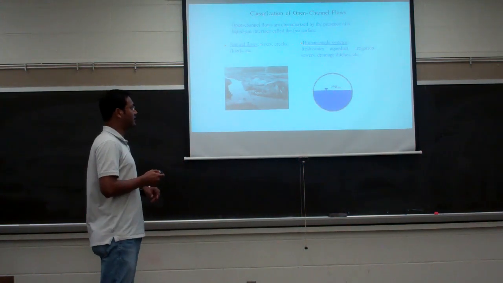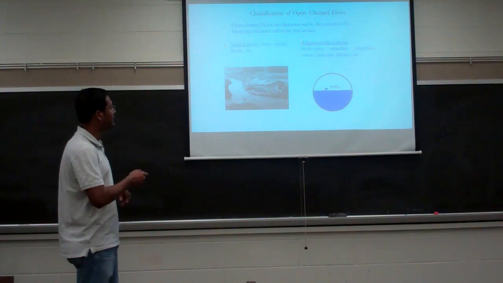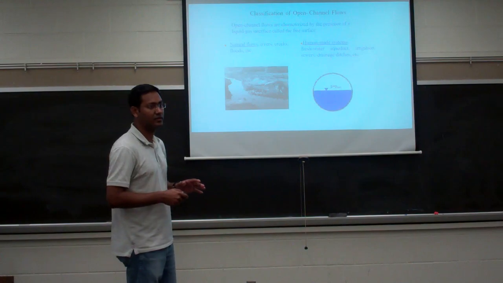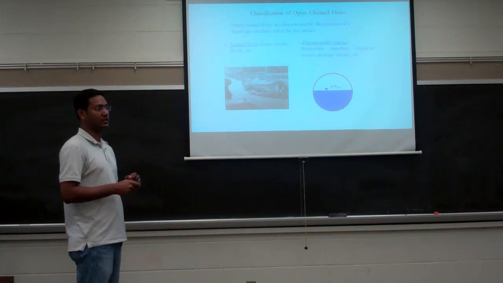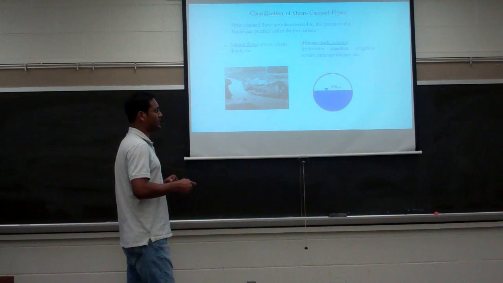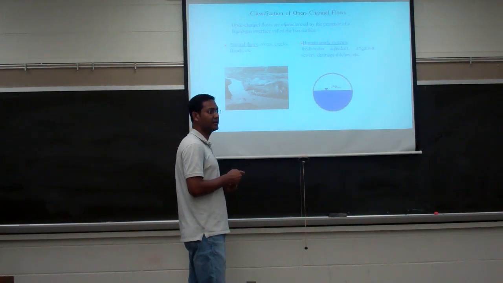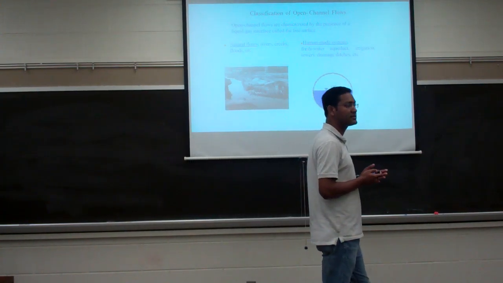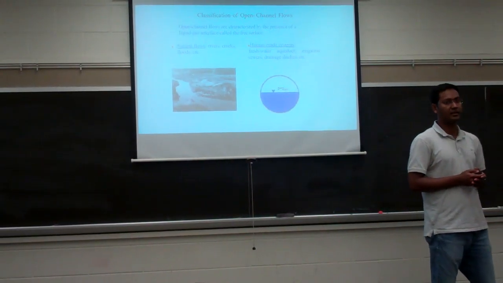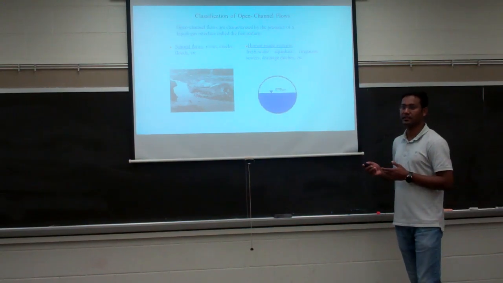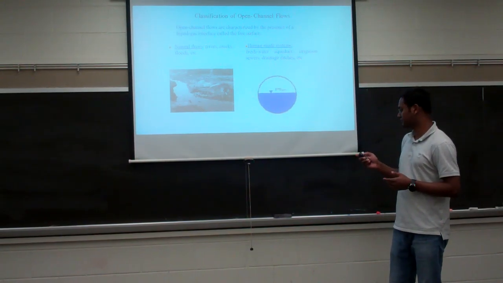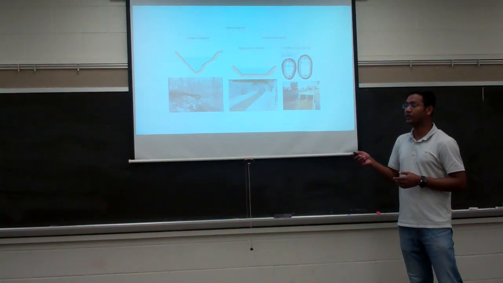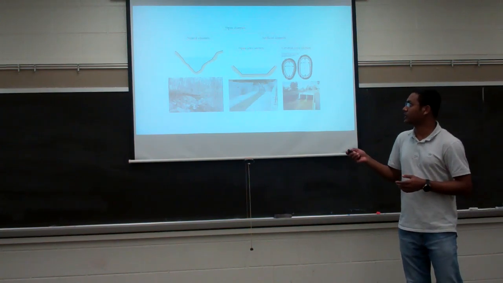So here are some examples like natural rivers, creeks, or even flood flows. These are examples of open channel flow. So these are natural open channel flows. So what will happen if flow occurs through a pipe? Any designed channel, like rectangular cross section or trapezoidal cross section, these are examples of artificial open channel flow. Here we can see the natural river has irregular geometry, like this one.